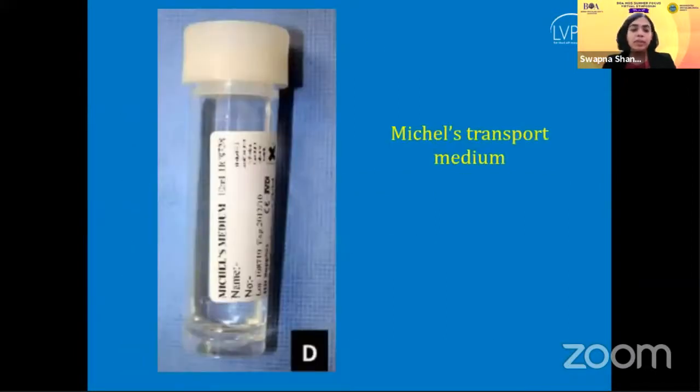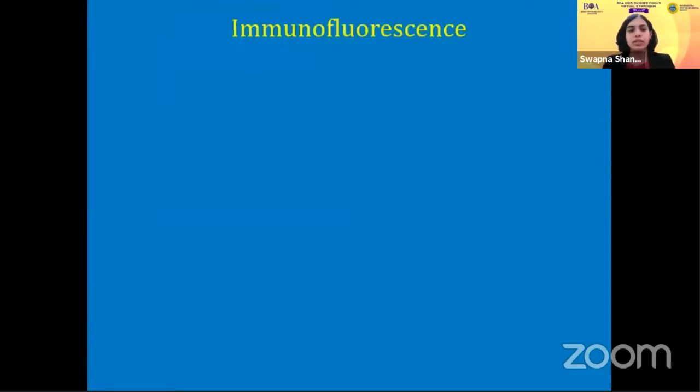So we at LVPI have the luxury of having the pathology lab right next door, and that's why we can send the samples immediately for immunofluorescence in OCT media. However, in private practice or elsewhere where you do not have this luxury of having a pathology lab immediately close to you, you can take this Michel's transport media from the pathology lab and put your sample in this and then send it for immunofluorescence. So this is a good transport media if you cannot send it for any further immunofluorescence immediately.